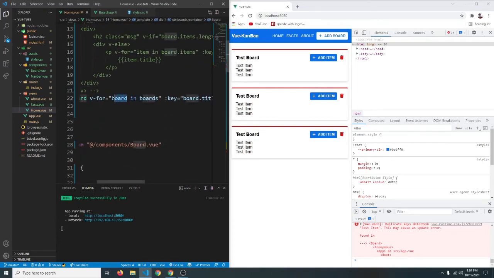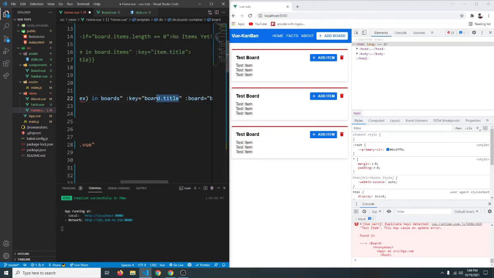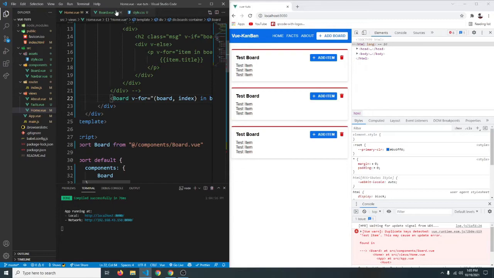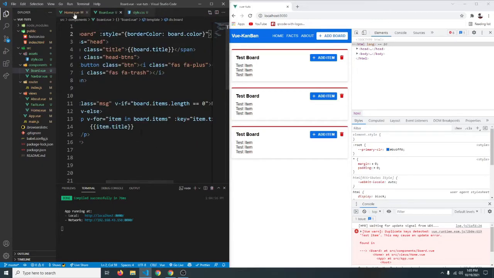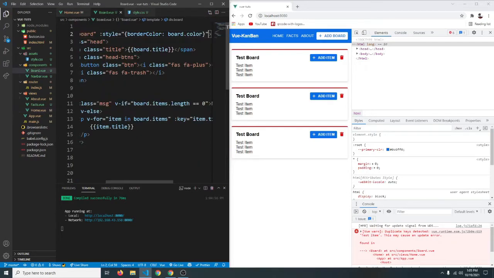So in that case, let's see why we are doing the loop. Instead of just receiving the board, we can say we want board and the index of that board. So we can wrap it in parentheses and say index, like so. Now we can use the index for our key. So we can say index. Okay, it's still giving us the error. That is because in our object the items are also the same, or the title of our object is also the same. So let's do that